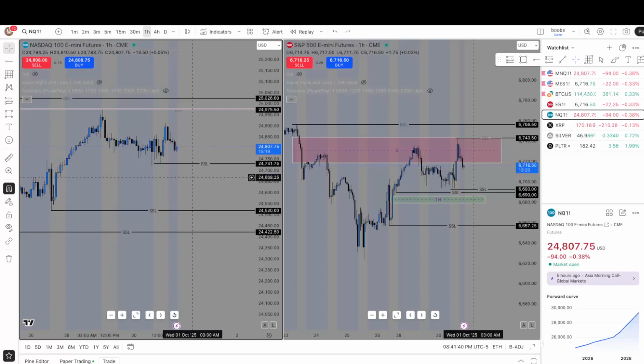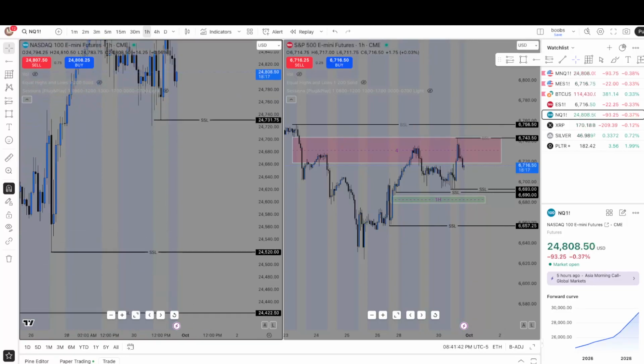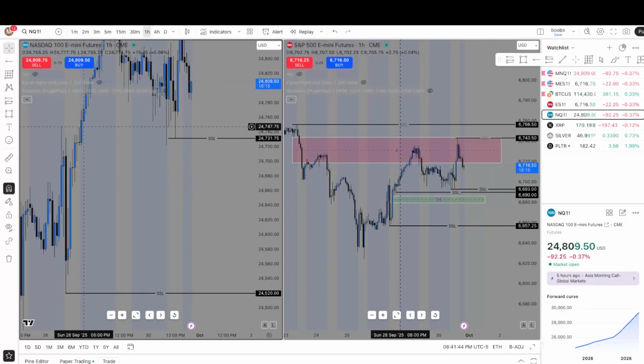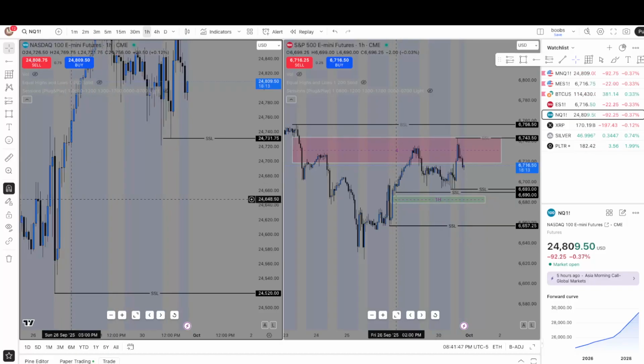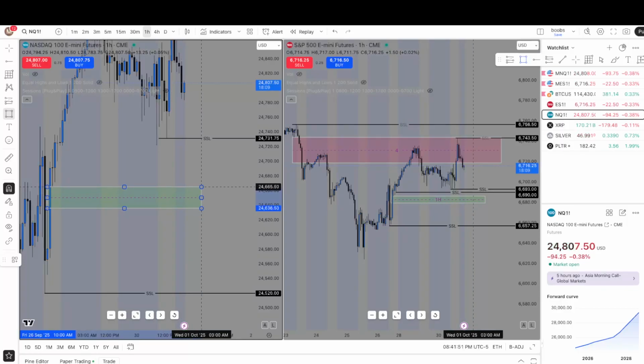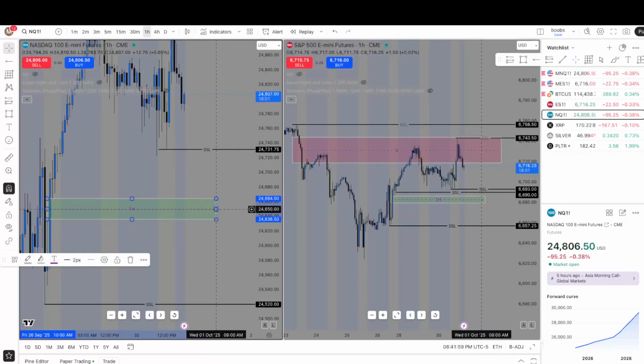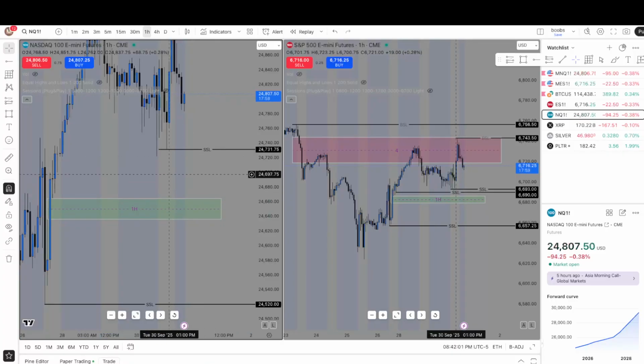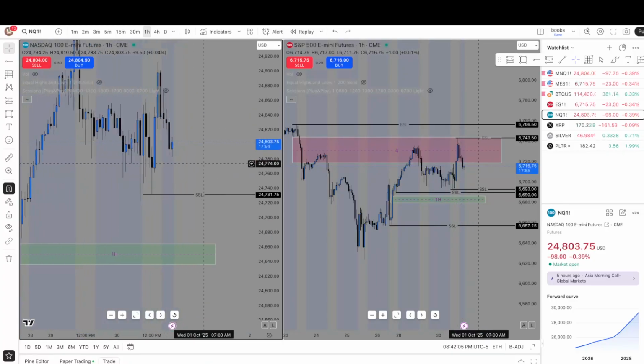Let's see on NASDAQ's 1 hour, do we have any imbalances resting below here? No imbalances in here, no imbalances. We do have a 1 hour resting right here, which I can mark out. A 1 hour imbalance, which, like I said, I'd like to see price come in, sweep out sell side, come down to here. Do I think it's going to do that? I don't know. It's a very good question.